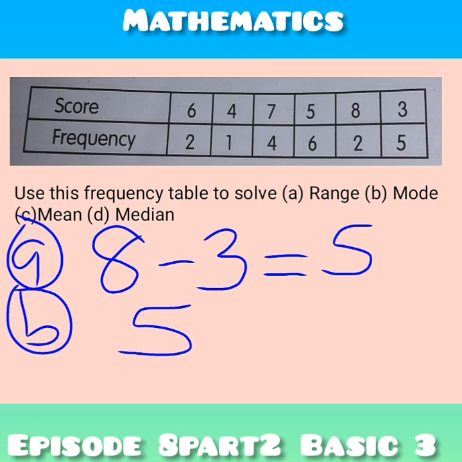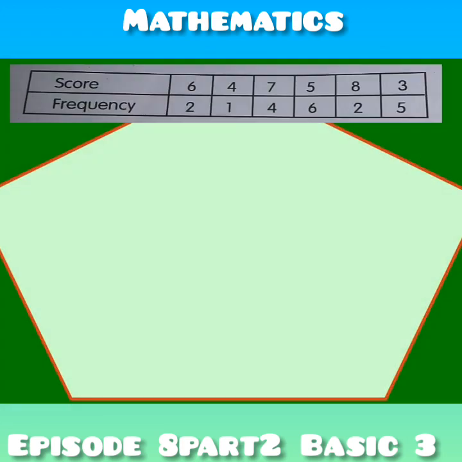Let's consider C. C, we are to find the mean. Mean is the total or the sum of the data divided by the number of the data. What is the sum of the data here? In this case, we will not be adding 6 plus 4 plus 7 plus 5. We will have to multiply by how many times each of the scores appeared before we add them together. What do I mean? For mean,